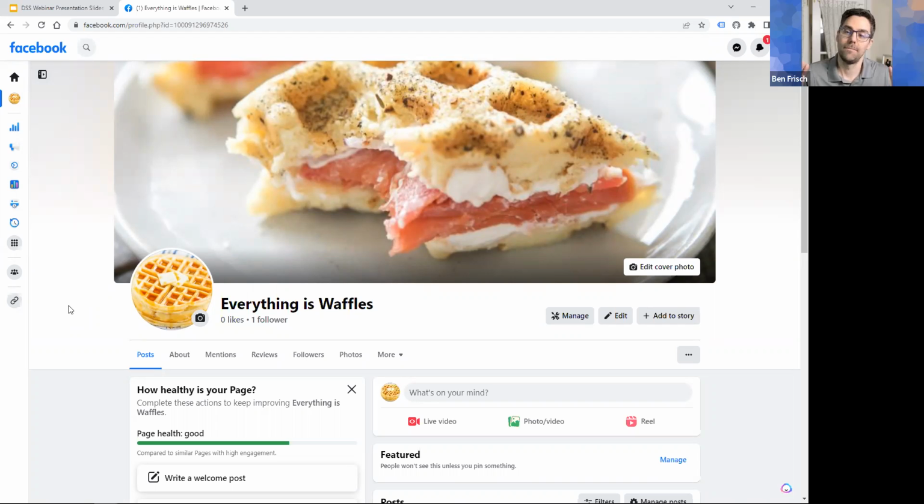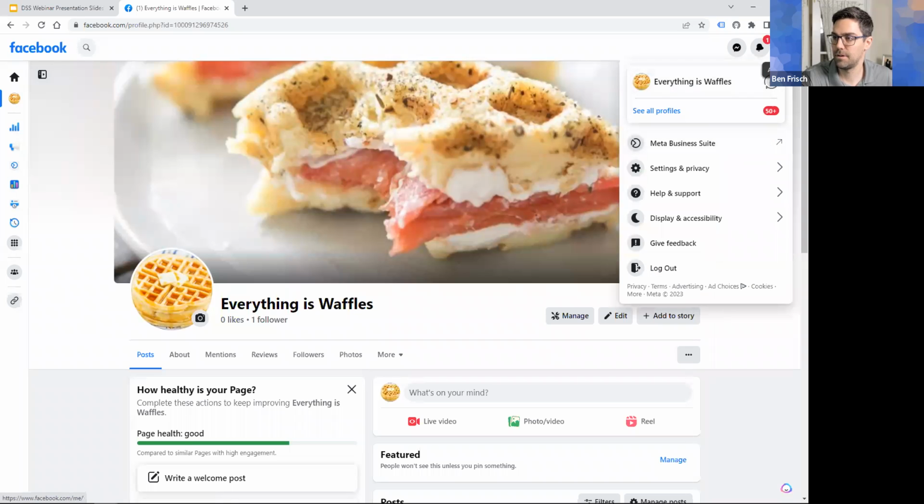So this is, when you first set up a page, because this is brand new, I just created it, and I'm looking at the page from facebook.com. So I'm just going to show you exactly how do we even get to Meta Business Suite? First thing you want to make sure, because this is sort of new too, when you go to your account up in the top right-hand corner,